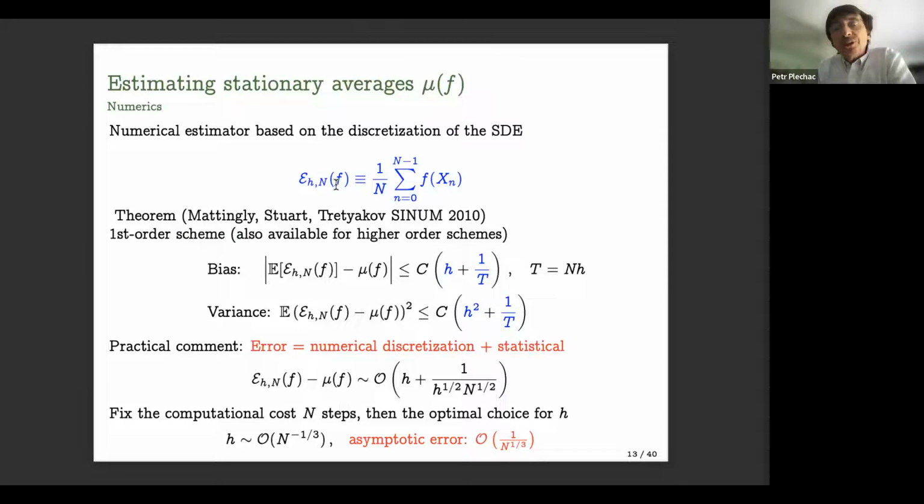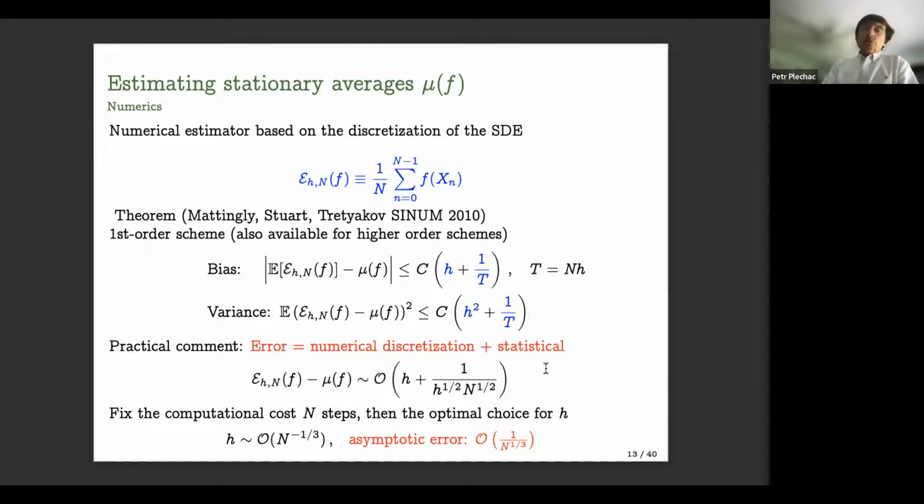That can then be related to the numerical discretization of the underlying dynamics. If you use a first order scheme with weak error of order 1, of order h, we get a similar relation between the bias and the quantities obtained from the discretized dynamics, in a consistent way. So the bias will again be of order h, and the variance and the statistical error will also be of order h, not the variance of order h squared.